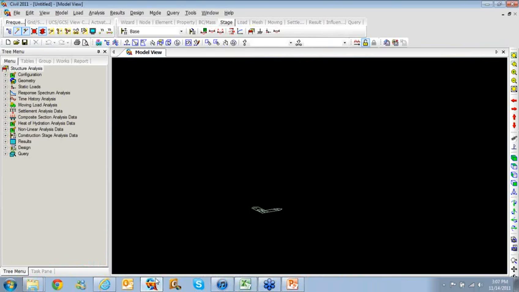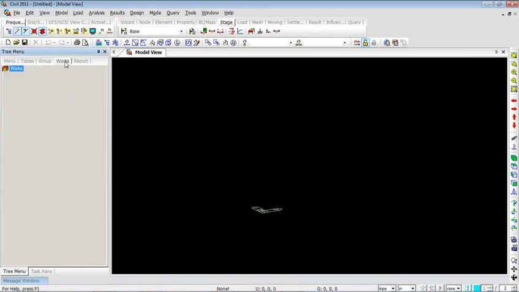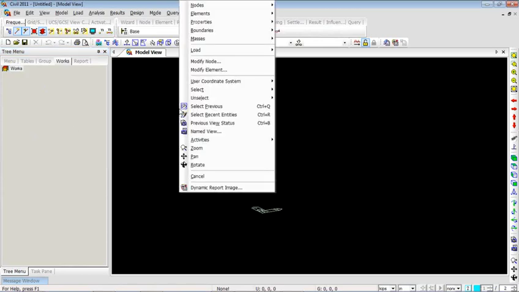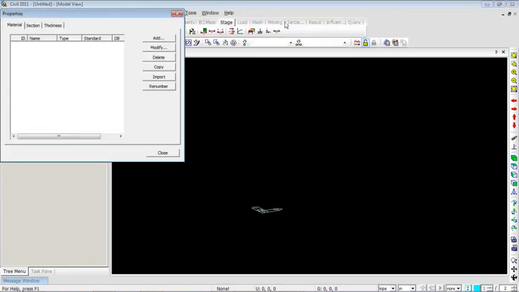So this is how MIDAS Civil window looks like. On the left hand side we have the works tab, where you can see everything that we'll be performing or applying to this model will be clearly listed down. So to start with, what I'll do is right click anywhere in the model view window, go to properties and select material,